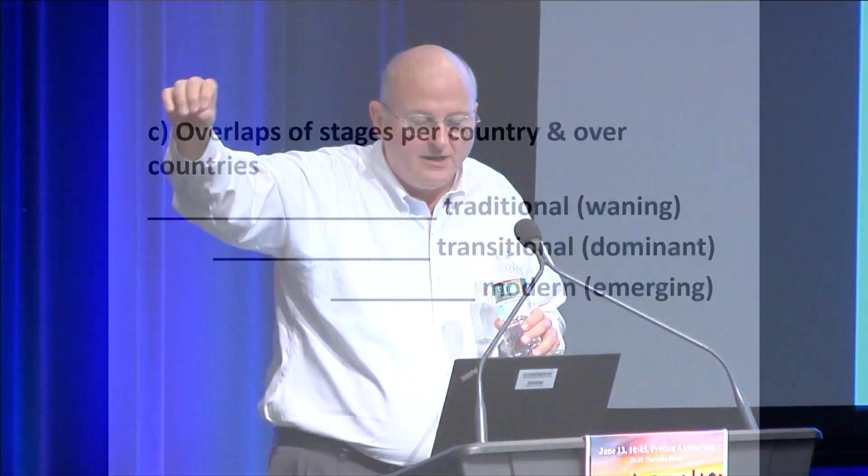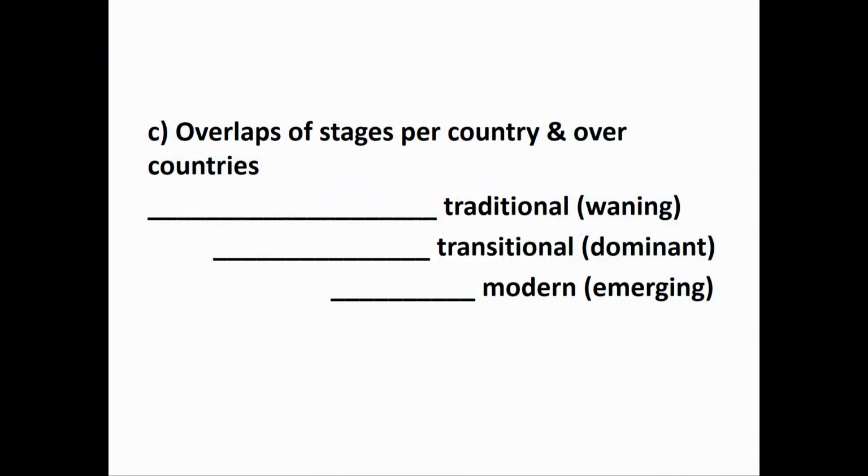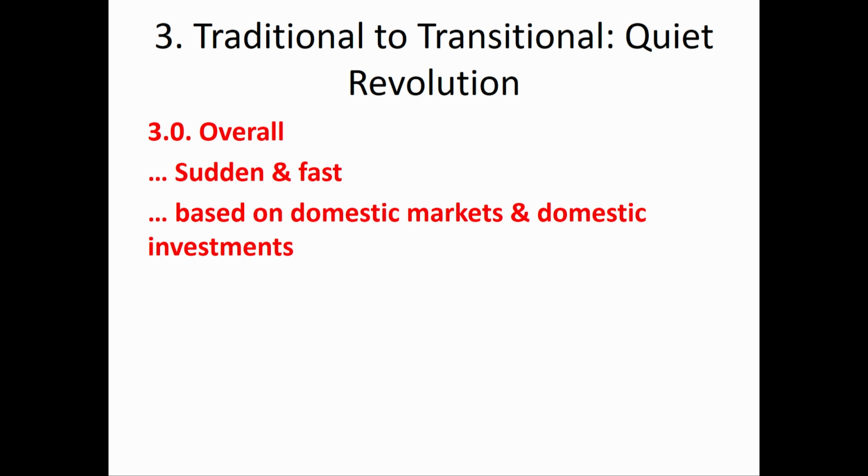And when you think of these 3 stages of transformation, a very important point to emphasize is to see that they're overlapping, so that, as you can see in the line at the top, there's always going to be, and there has always been, the traditional food system in these regions. But it's waning very quickly as a share of total consumption. Then the dominant food system is the transitional one, which I'll describe, and then emerging is the modern one. And some of the clashes that are occurring and the disruption that is occurring is both transitional in the traditional situations and modern changes that are occurring alongside of transitional changes.